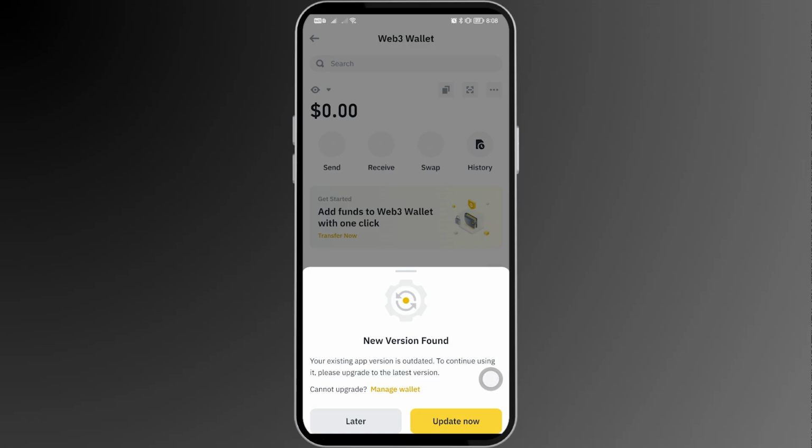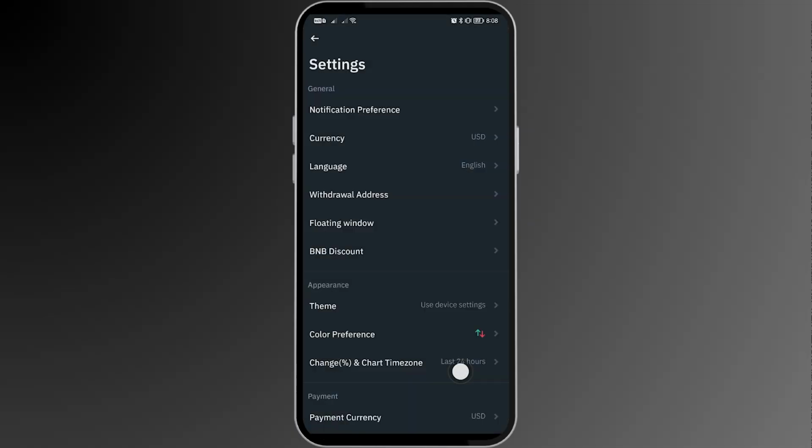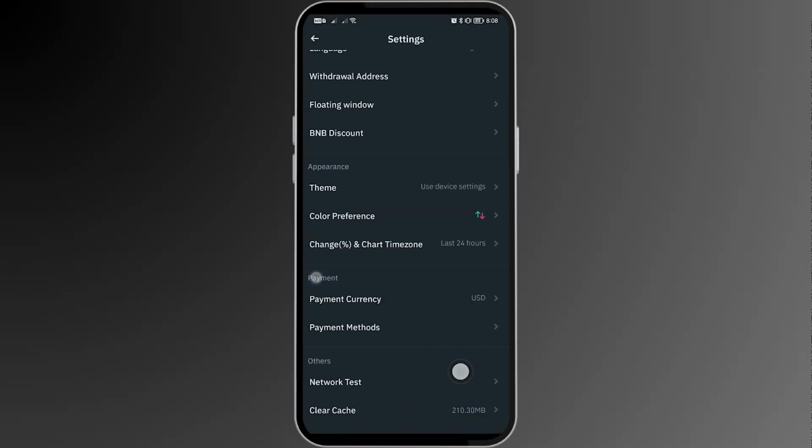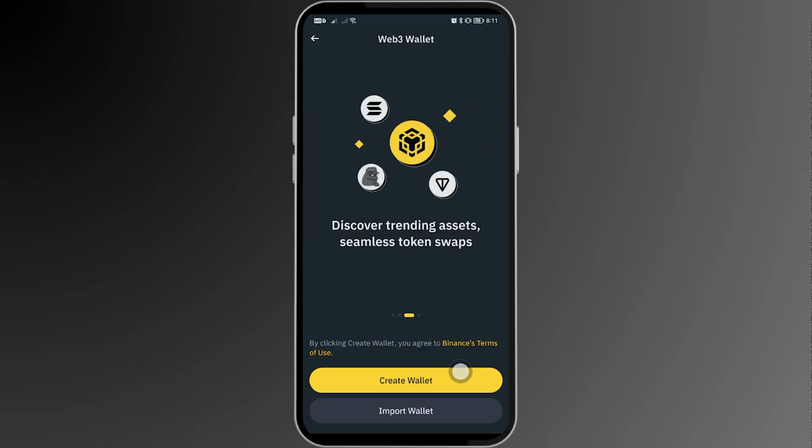And if you are seeing something like this, it means that your app is outdated. So just go ahead and tap the Update Now button in here, in order for us to proceed. So I'm just going to do this one real quick. Okay, here you go. So now once you have updated your account, you should be able to see something